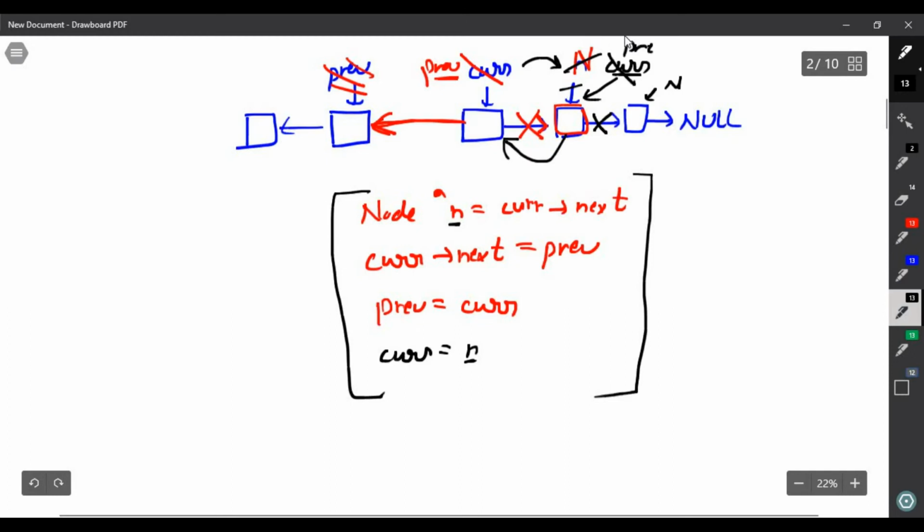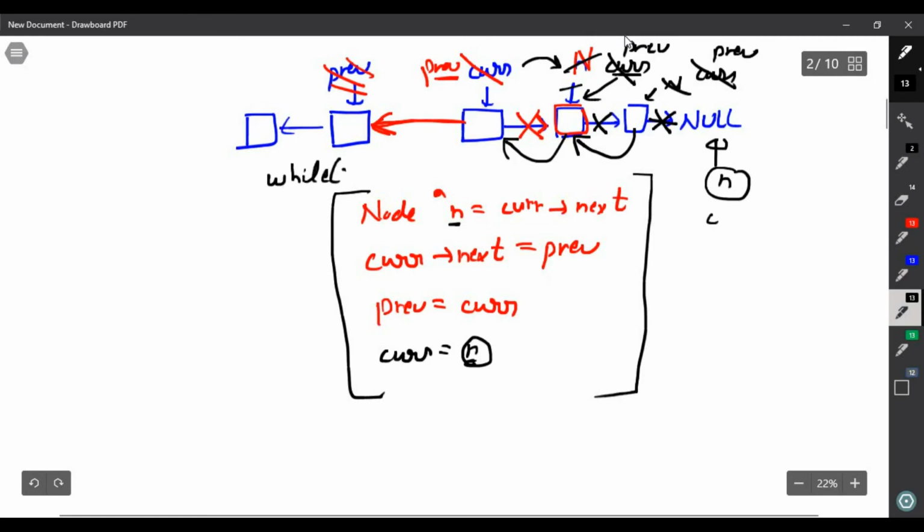Then it will become previous, it will become current, then this will be n, basically n will be null. Then I will break this link, and next of current is pointing towards the previous. Then previous will come here, and then current equals n. N was null, so the current will become null.